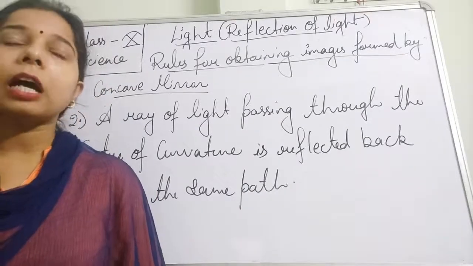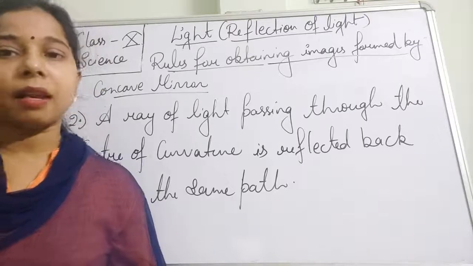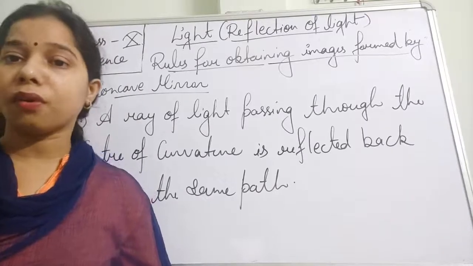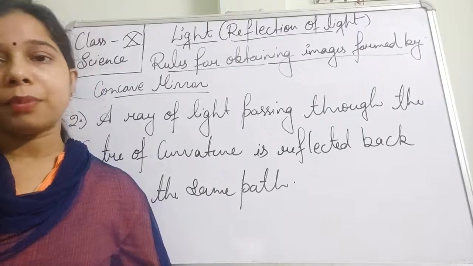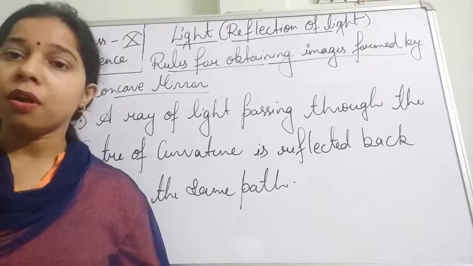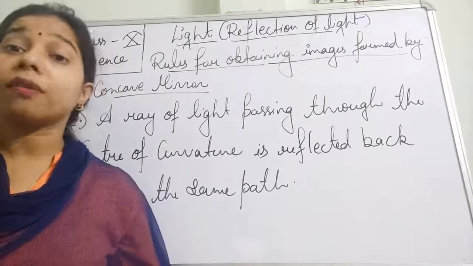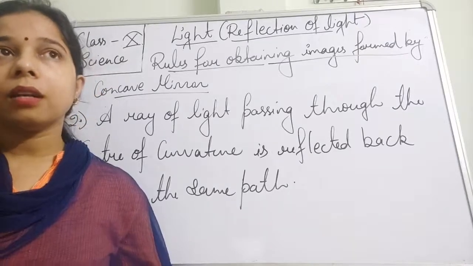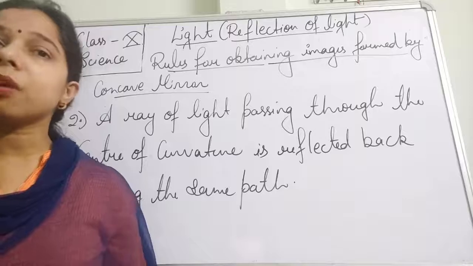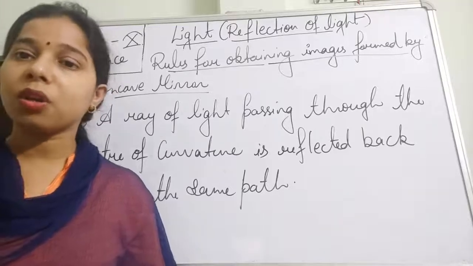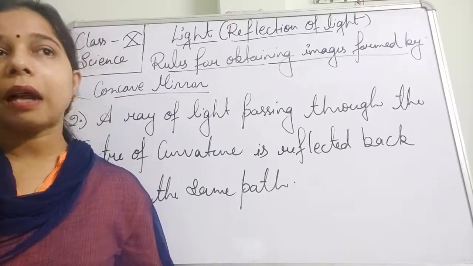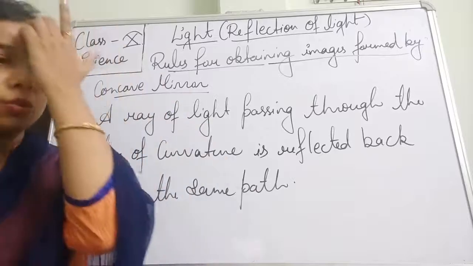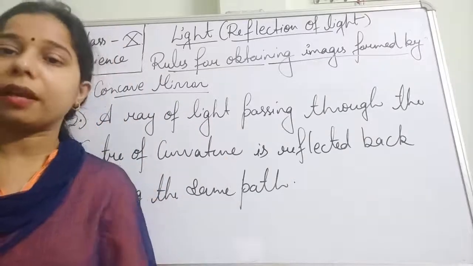So you see, we have seen in the case of a concave mirror and a convex mirror, both of them used to show the principal focus. They used to converge or diverge in order to form the principal focus. And because of this property of converging or diverging, we had given the name to the mirror as a converging mirror or diverging mirror.